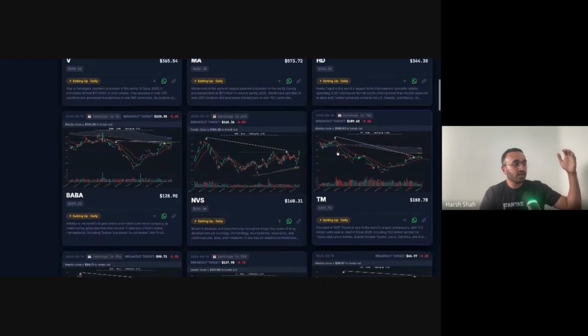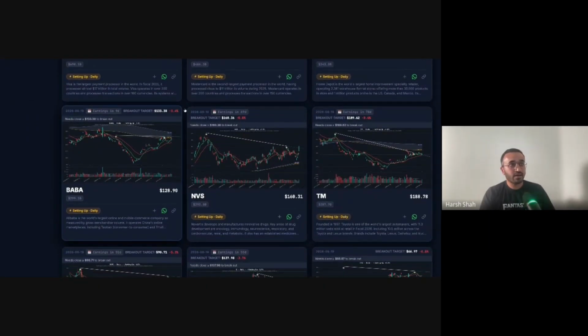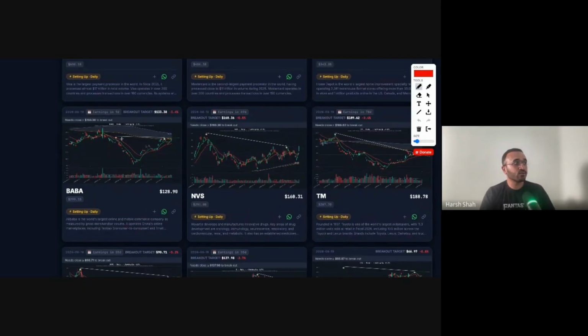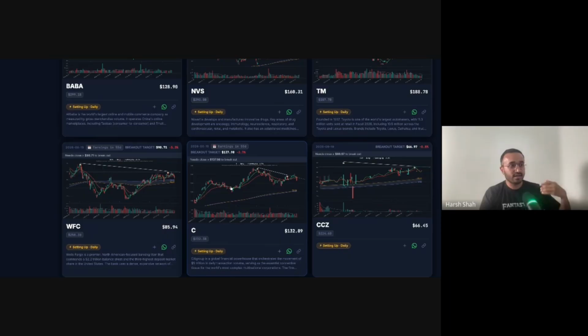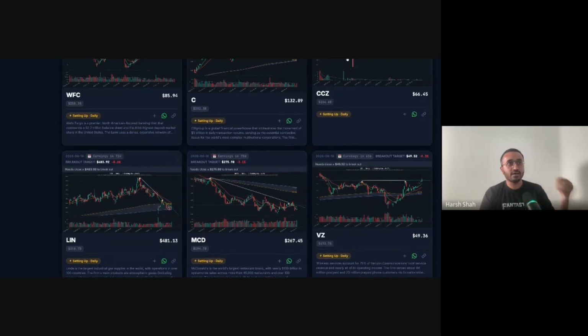Likewise, you can go and look, like this is Alibaba, and if we try to see the pattern, it's like a cup and handle pattern, and it's getting rejected right at the 200 EMA. So what happens once it really crosses this zone? We can compute the target and see what happens. But for it to break out, we need some strong volume, and that is the whole goal of the scanner. And likewise, I can keep going on. If any stock in the market is about to reverse or break out, it comes to me now.